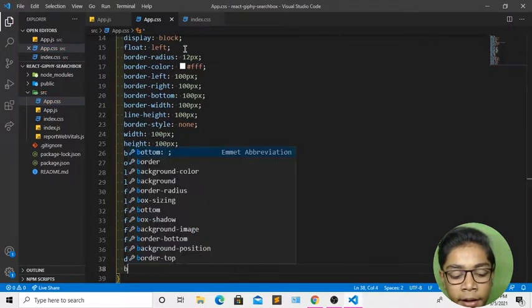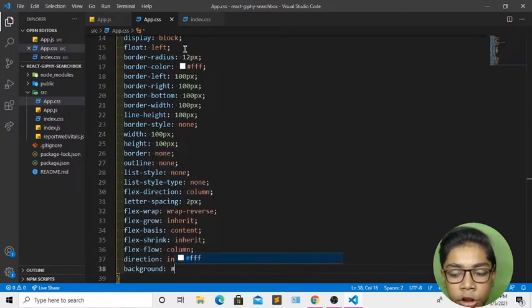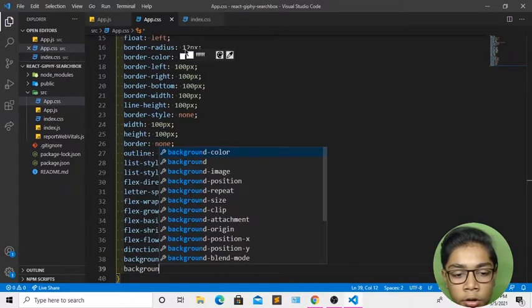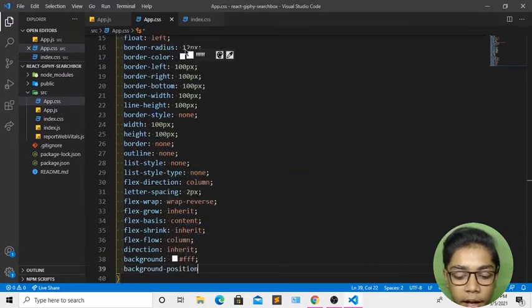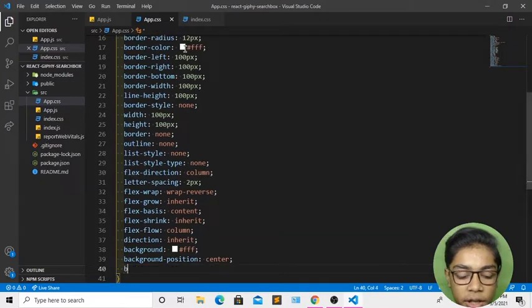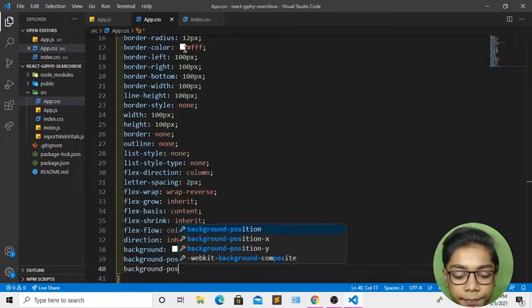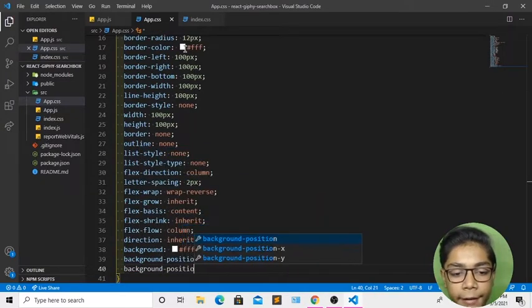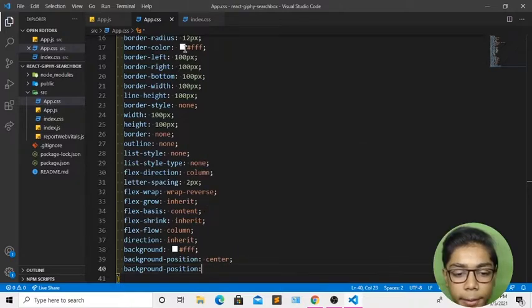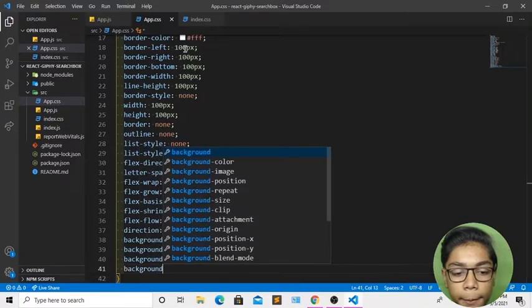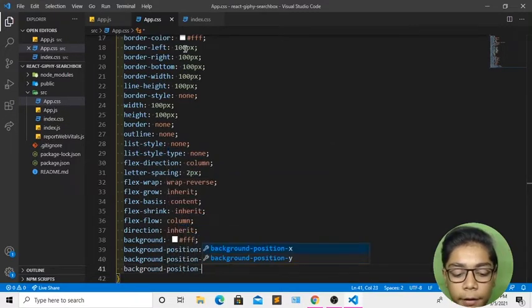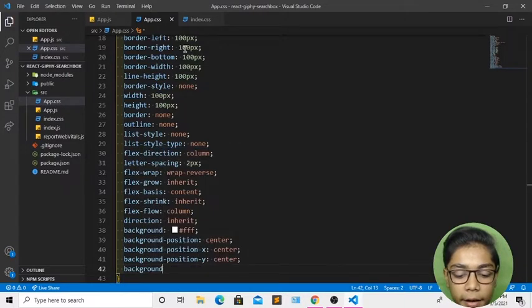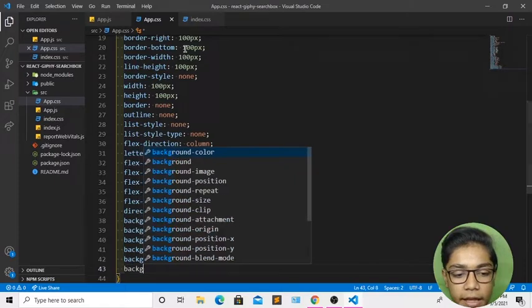So just come underneath again and create the background which should be white. Then the background position should be white, and here the background position X which should also be white. So write that white. Okay, so it should be center. Now I'll come underneath and create background position Y, now because we have created X. Then create background attachment which should be fixed, and create background size which should be cover.